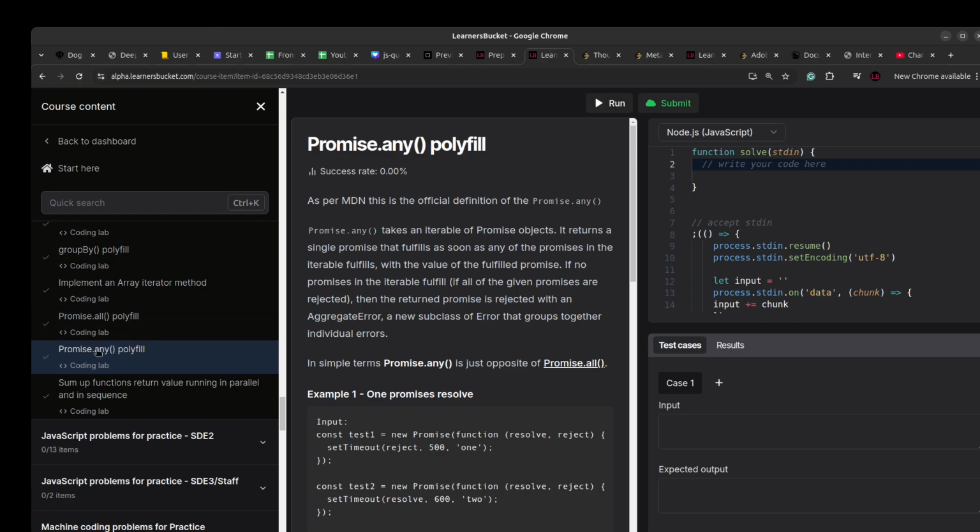In the previous problem, we had seen how to implement the polyfill for Promise.all. In this problem, we are going to write the polyfill for Promise.any. Promise.any is completely opposite of Promise.all. In Promise.any, if you read the